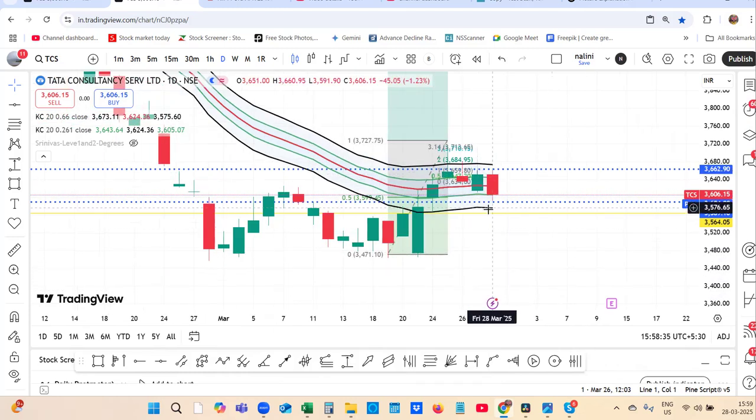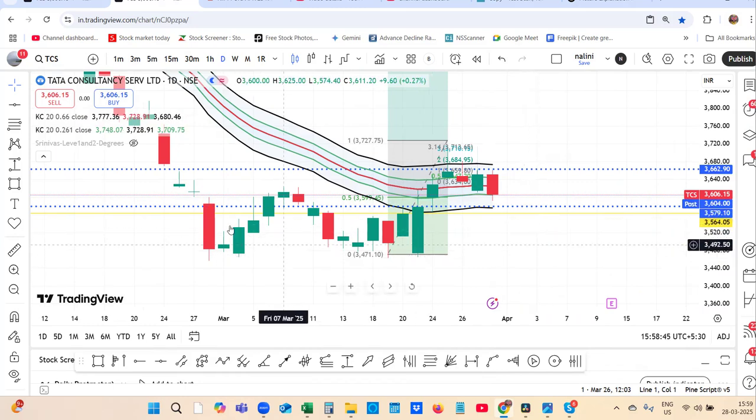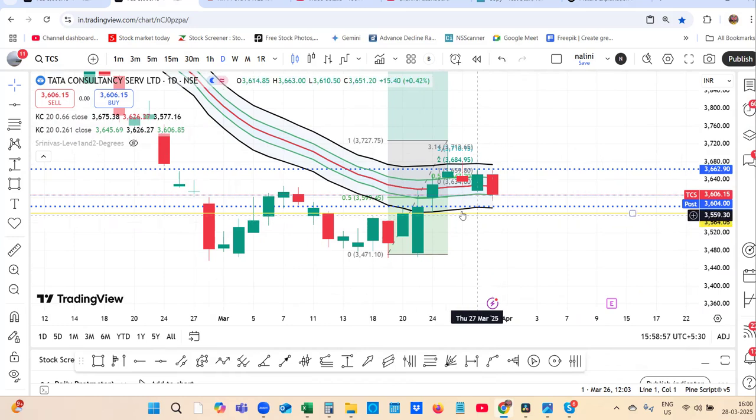Okay, now it is coming over here. This will act as support. You need to keenly watch 363582. If I go and see the value 0.66 on the value, you are getting